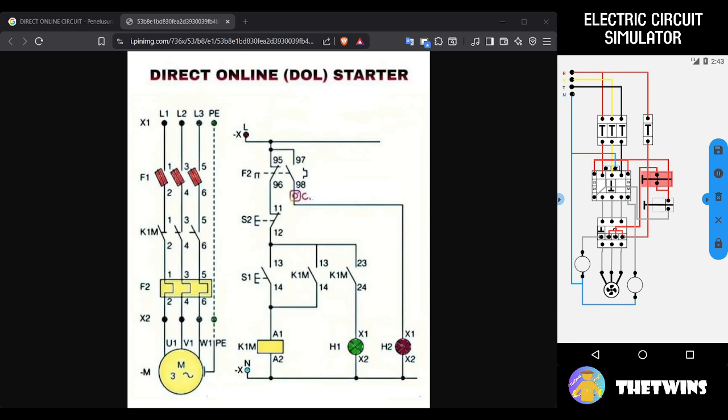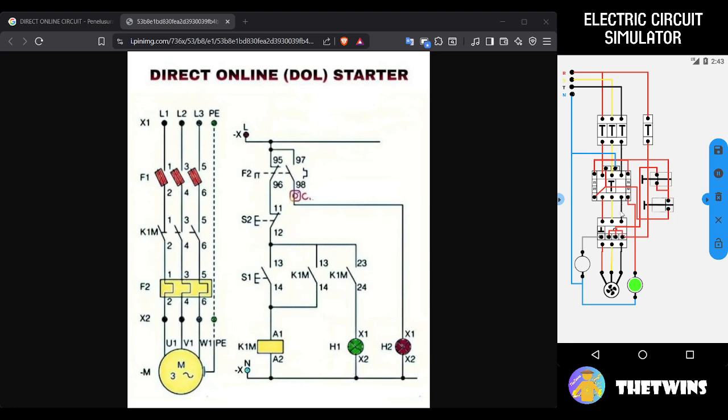We try the trip system of the overload. For the overload simulation, you can click on the overload like this. Okay, now we try on the circuit when the motor is on.